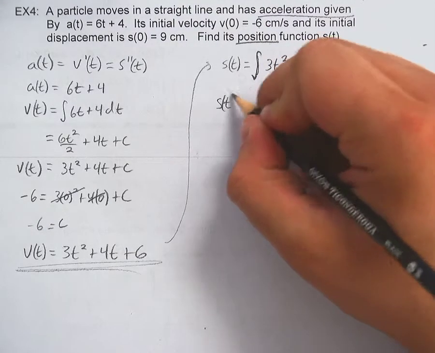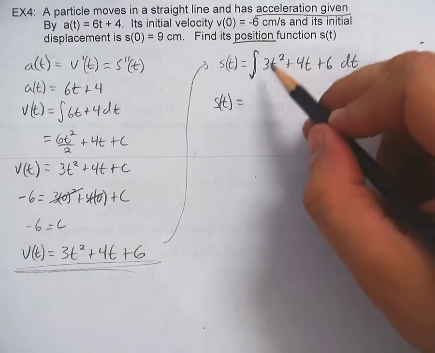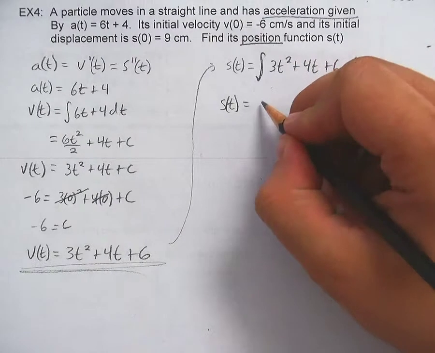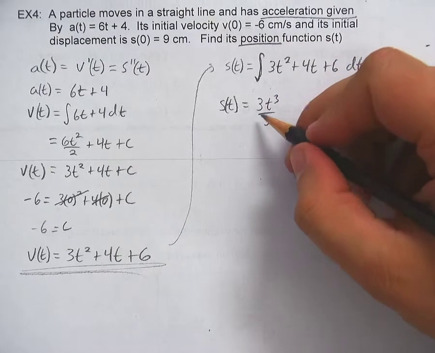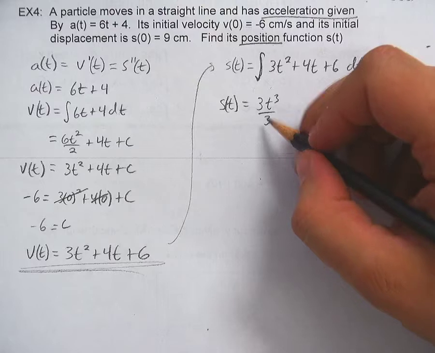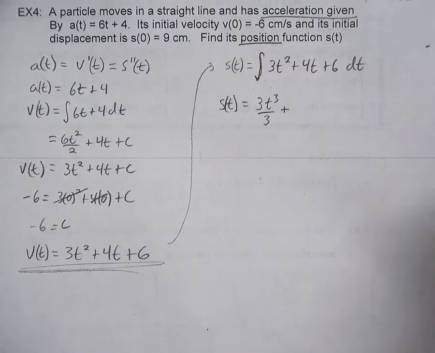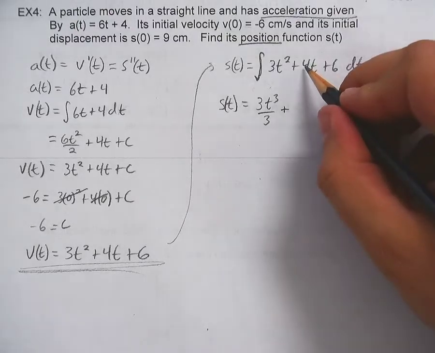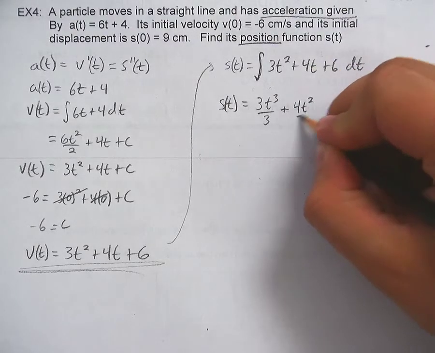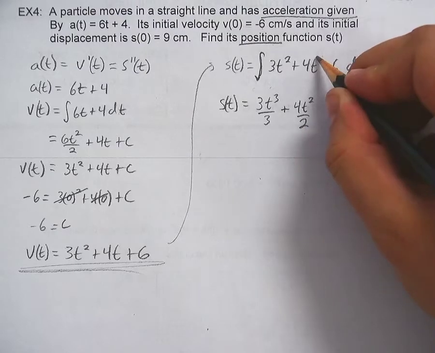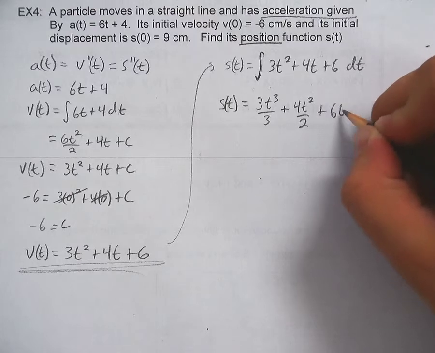S of t, so let's set this up here. It's going to be 3t cubed over 3, right? Eventually you'll get to the point where you can do this part in your head and you can simplify it right away. Don't rush it. There's no point. 4t squared over 2. Remember, it's the exponent plus 1 over that number, plus 6t,